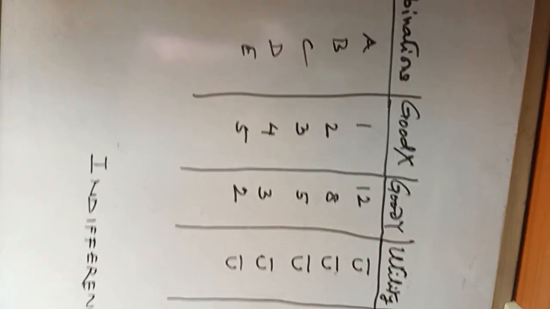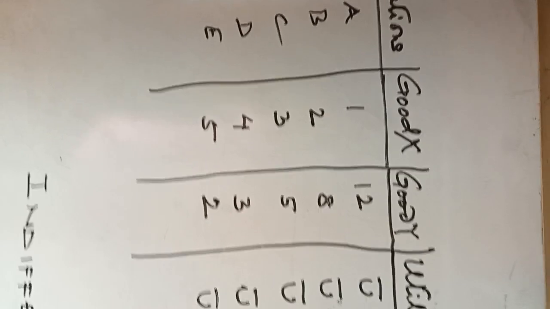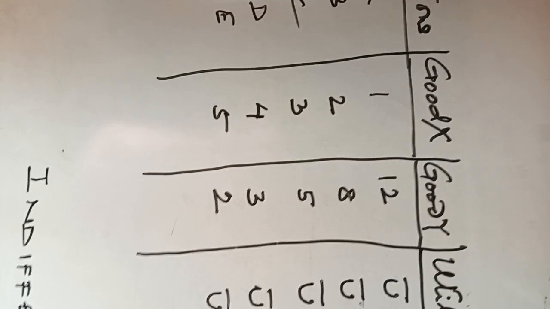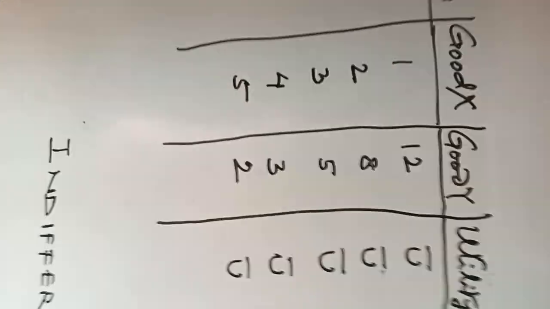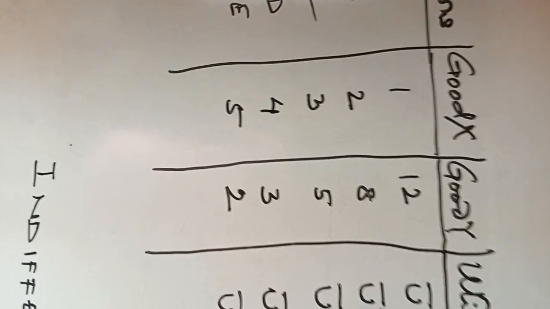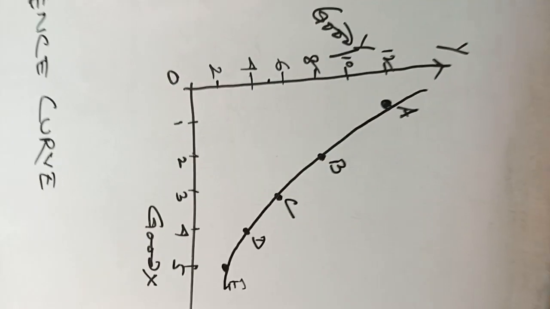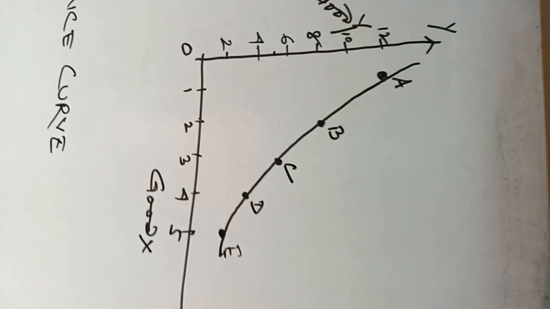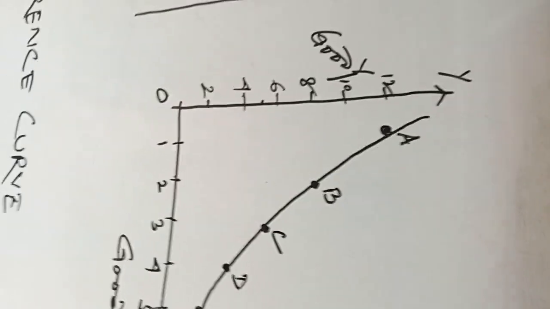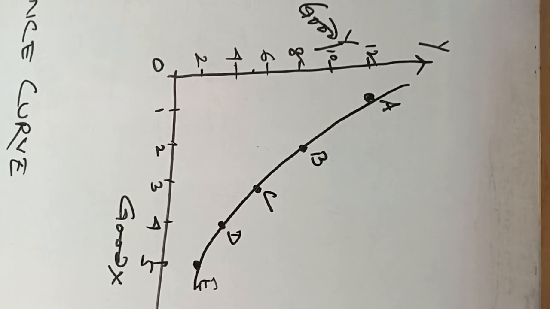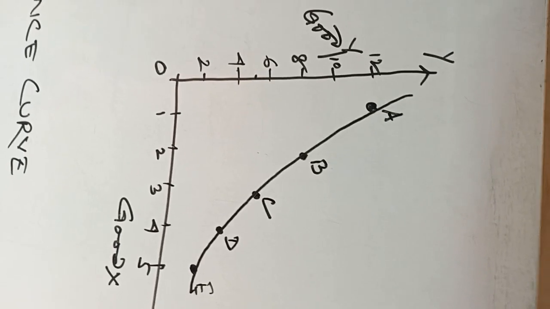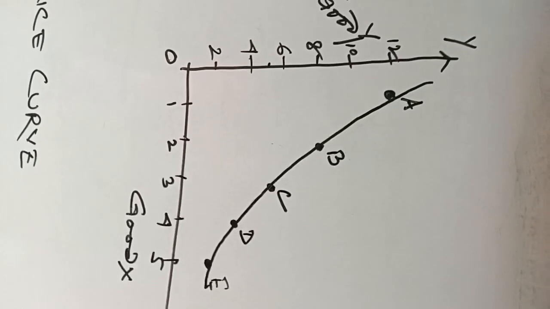Now if you have understood this, if we plot these combinations 1, 12; 2, 8; 3, 5; 4, 3; and 5, 2 in a graph,